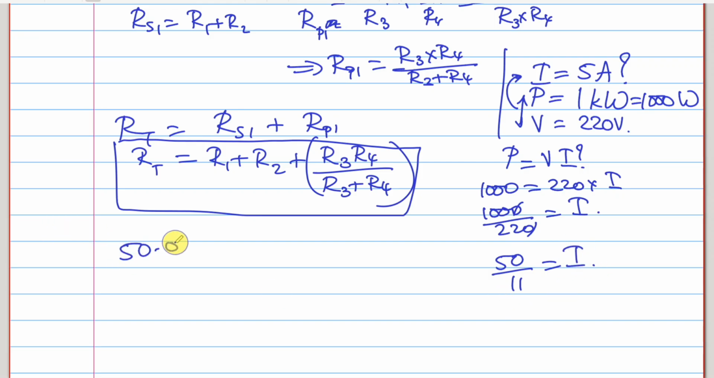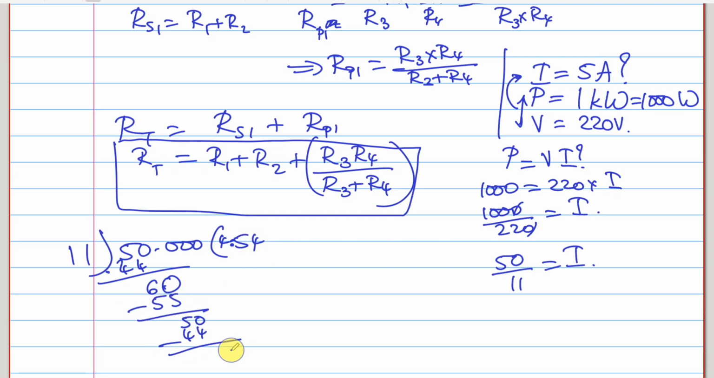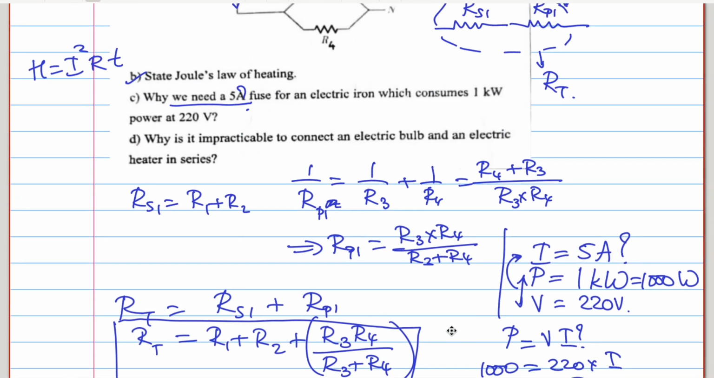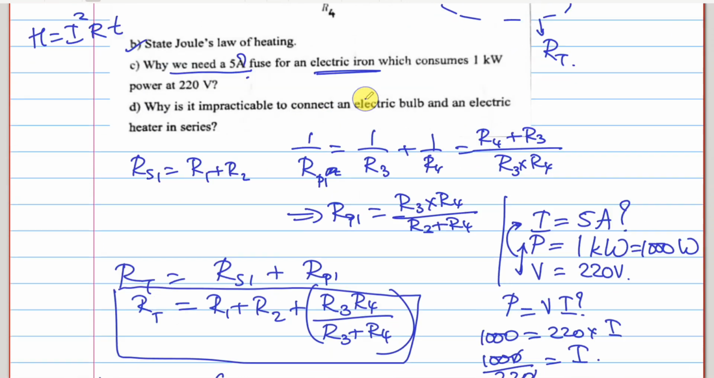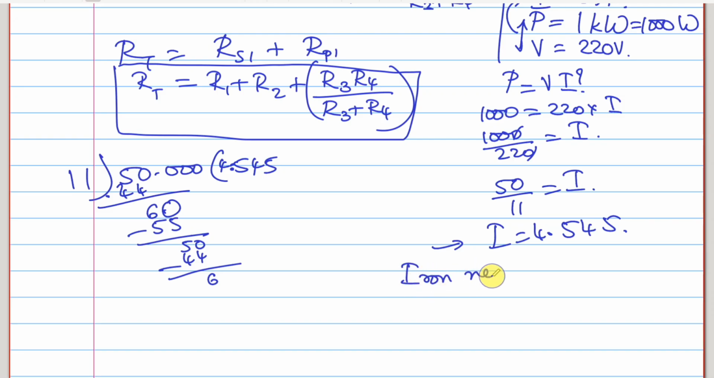So let us divide 50.000 divided by 11. 11 4s are 44, minus, 6.0, 11 5s are 55. So again 5 4s are 44, 6 again 5. So we'll be getting the current to be 4.545, right? So this is the current required by the heater, electric iron. So the iron needs a current of 4.545. So to protect it,